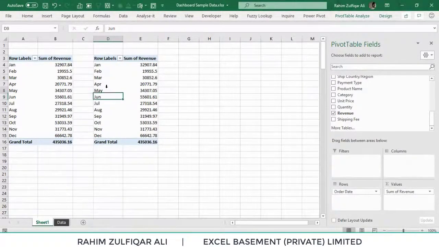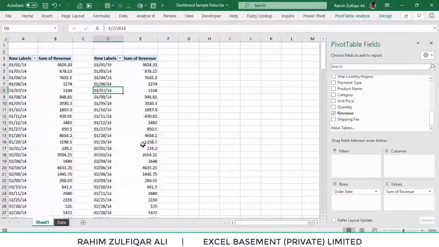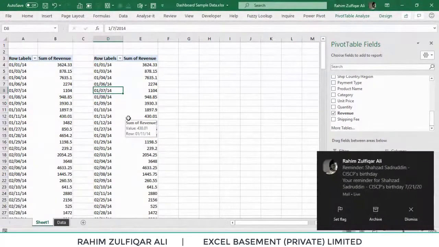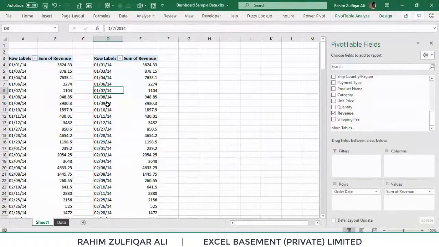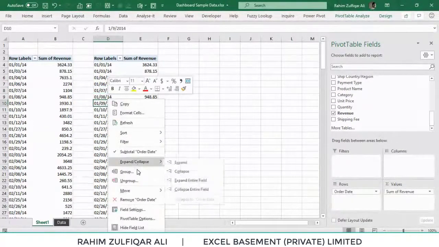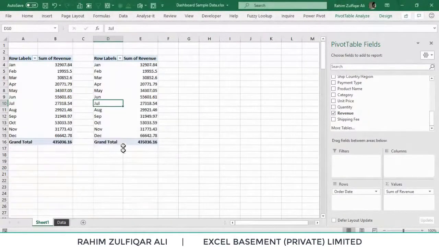This is one of the issues Excel users may find when they group and want to use that data for their dashboards. We need a different grouping for each of the different pivot tables. Now how are we going to do that? I hope the issue is clear to the audience, and now we're going to see the solution.